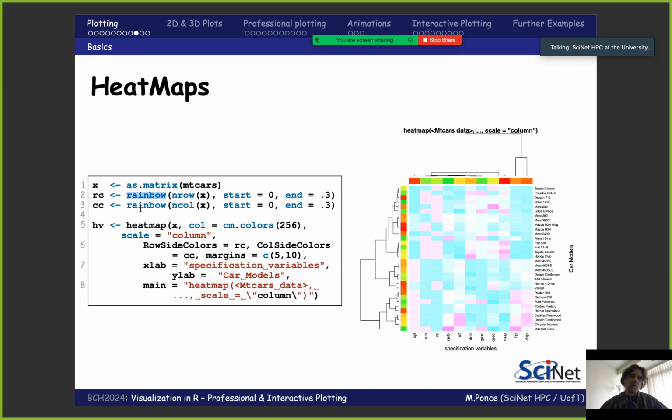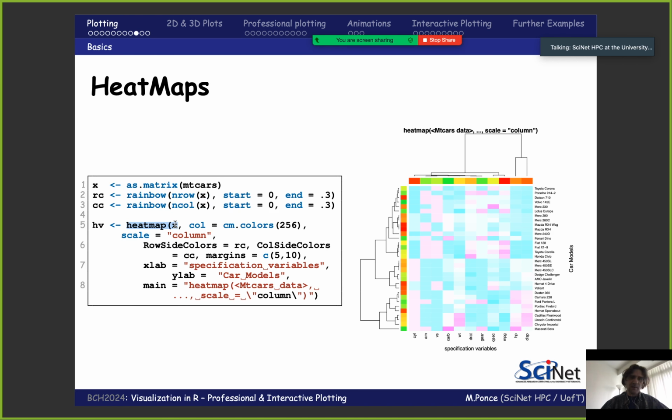So that's a color map or a palette, if you wish, from R, which is given by the number of rows and number of columns. So one is going to be applied for the number of rows and the other for the number of columns, and it starts at 0 and goes to 2.3. So that gives you basically the different shades of colors that you will have.